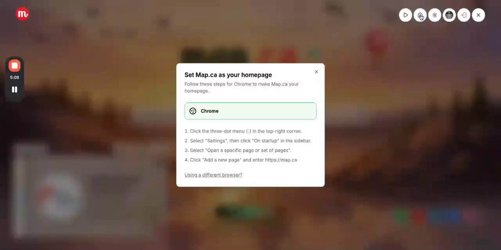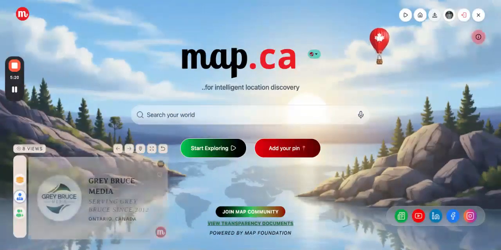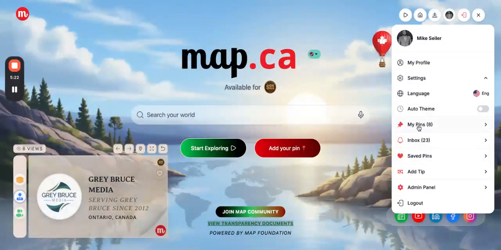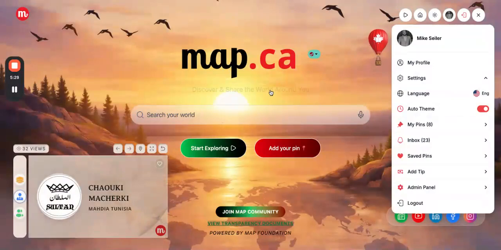The home button is just giving you instructions on how to set Map.ca as your home page. And the different light modes, obviously super cool. There's actually an option in here where you can set this to an auto theme. So right now it's early in the morning, it's 8:30, so it's set on sunrise. And I presume in the next half hour, maybe at 9 o'clock or something, it'll turn to the next theme,